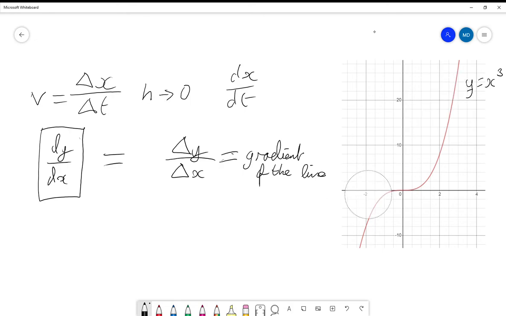So here's how it works on a graph. If I were to take a point at 2 and then the point at 3, because this is y equals x cubed, that's 8 and 27. So I put in 2, I get 8, and here I get 27. So clearly, this is the point 2, 8. And up here we have the point 3, 27. And if I were to connect those 2 points by a straight line,